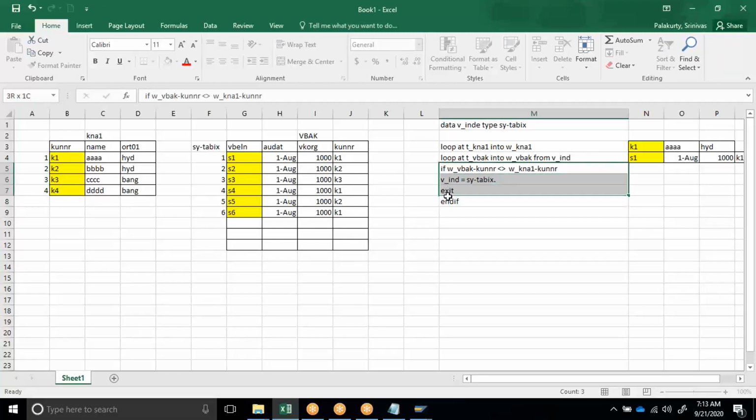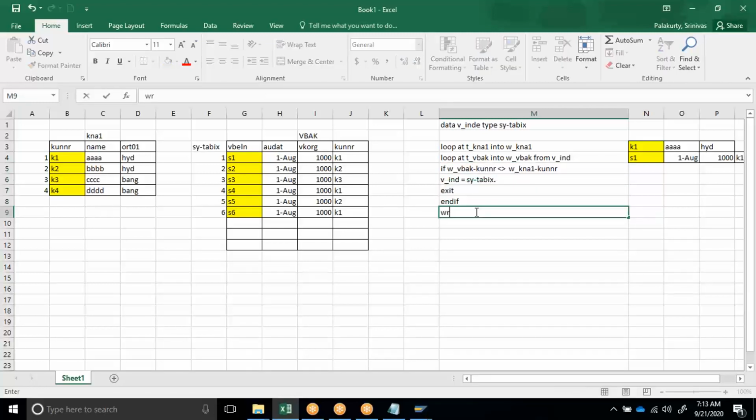If this condition is satisfied, it will come out. If the condition is not satisfied, it will go and use the write statements: KNA1 work area, VBAK work area, write all the fields, and endloop. So this is how we handled it in the last class.